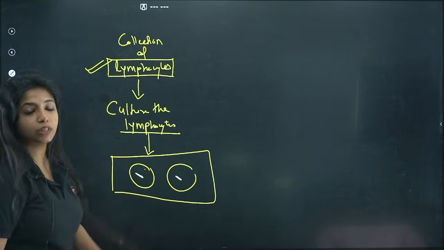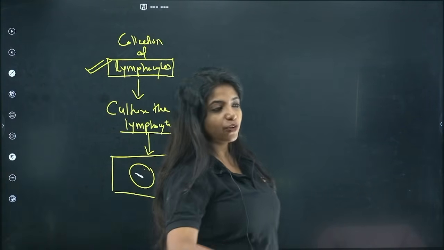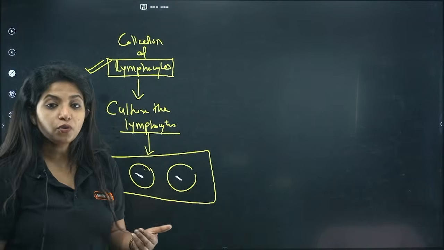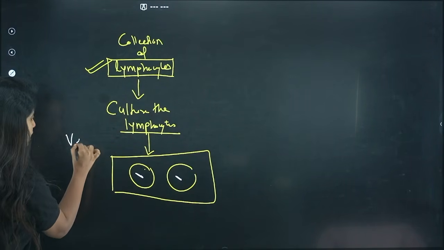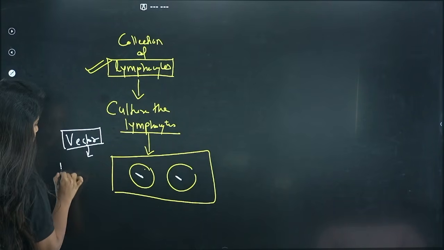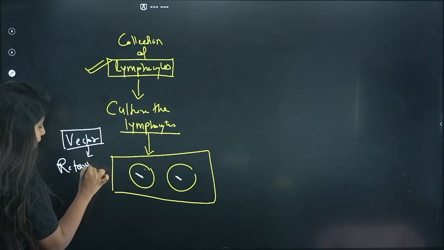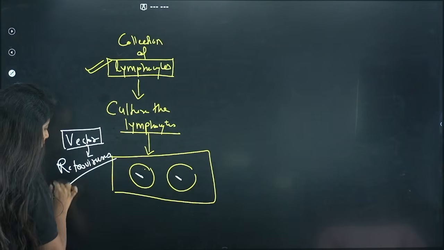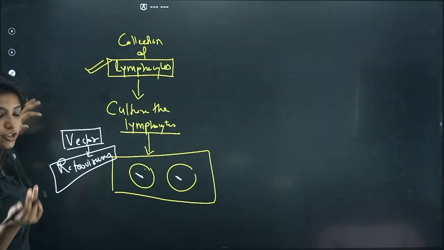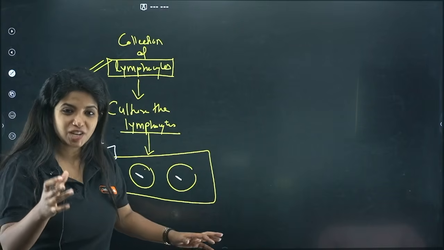Now, how do you transfer the gene into the lymphocytes? In the case of plants, we study Agrobacterium tumefaciens. In the case of animals, you need a vector, and this particular vector, my dear children, is known as a retrovirus. In the case of animals, always remember the vector that you take is a retrovirus. HIV is also a retrovirus,